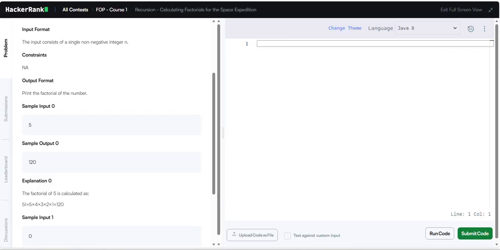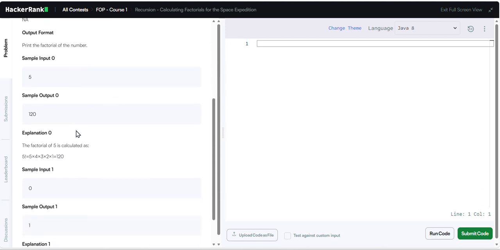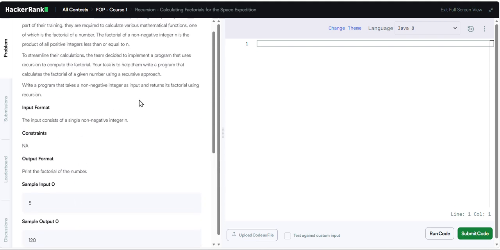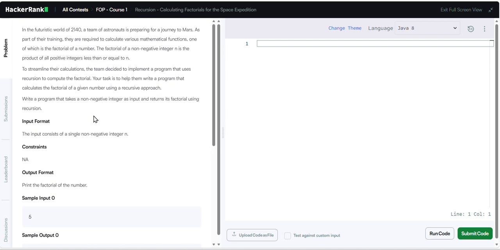Next we'll see how to implement this. First, we need to implement this in a recursive approach. Now what is recursion? Recursion means a method calling itself. So in recursion, a function has two parts. One is the base case and the other one is the recursive call. The base case is nothing but what will stop the recursion. The recursive call means it will call itself with a smaller problem. So we'll see those two cases in this problem.